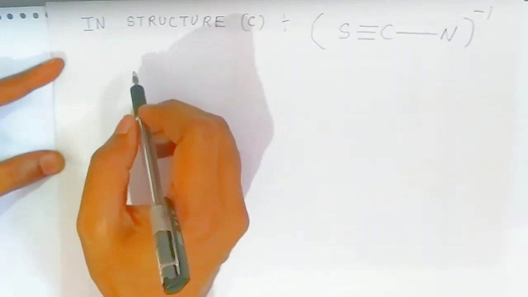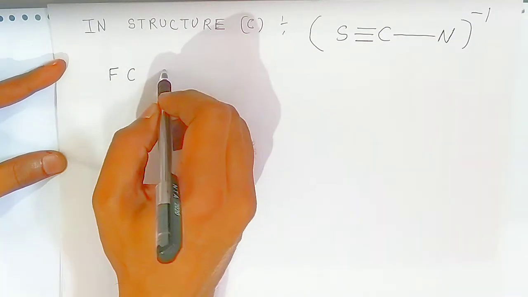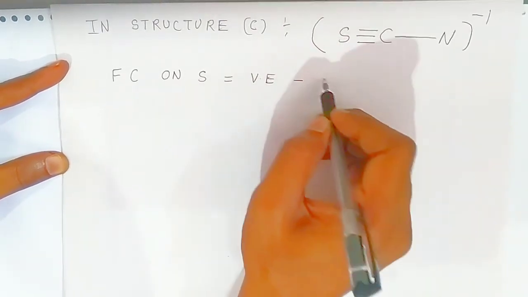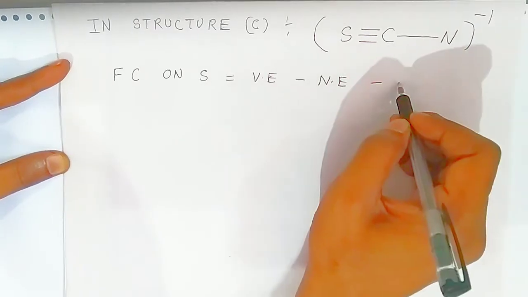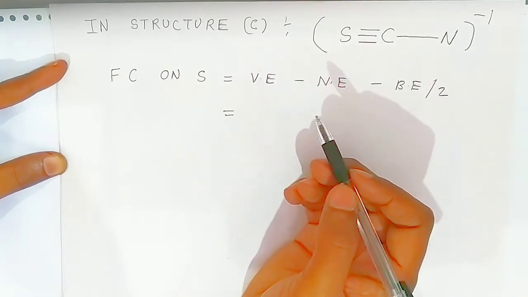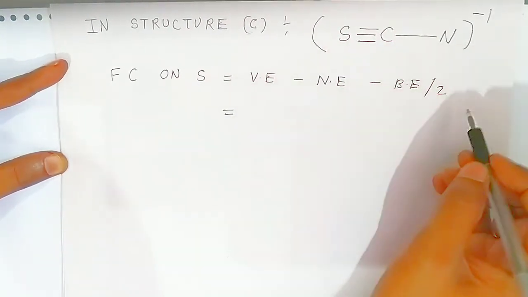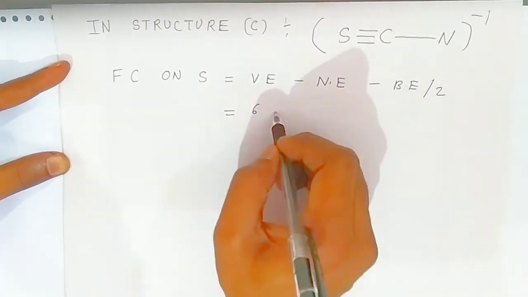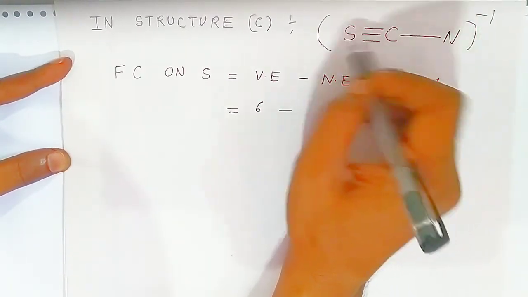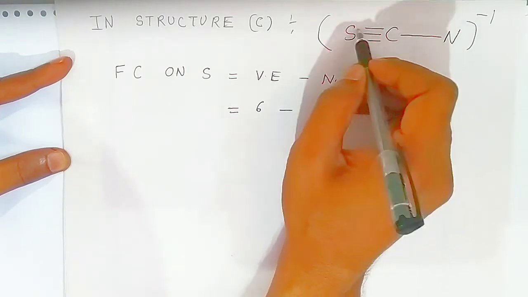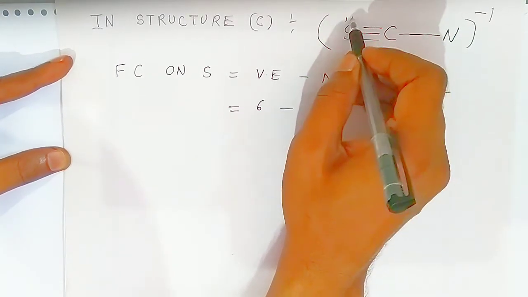Now here also, students, you can find out the formal charge on each atom of this molecule. Formal charge on sulfur is equal to the valence electrons of sulfur minus non-bonding electrons of sulfur minus bonding electrons of sulfur, and make it half. Okay students, the valence electrons: you know the atomic number of sulfur is 16. So 2, 8 and 6, 6 electrons will be there in valence. Non-bonding, how did you get it? You have to complete the Lewis dot structure. Here a total of 6 electrons are in the 3 bonds, so one more pair, so a total of 8 electrons.